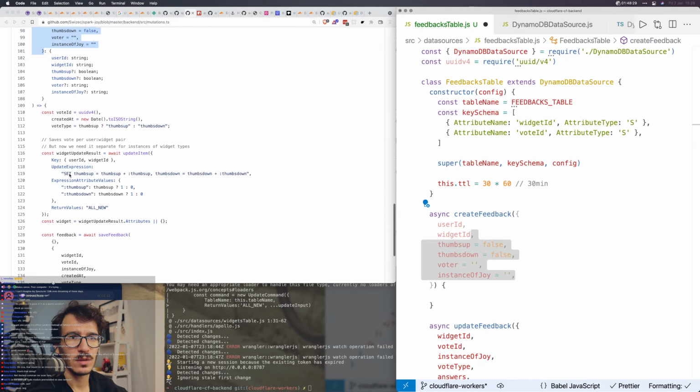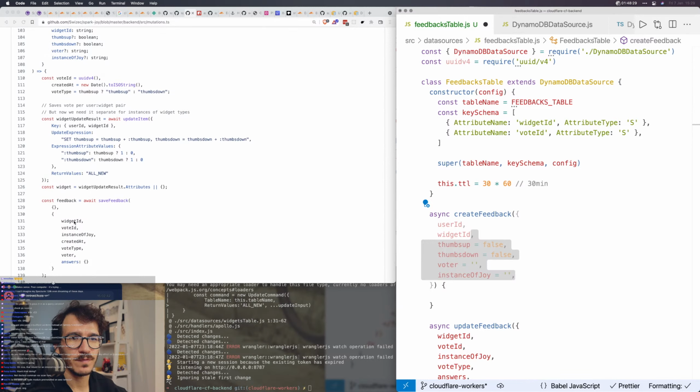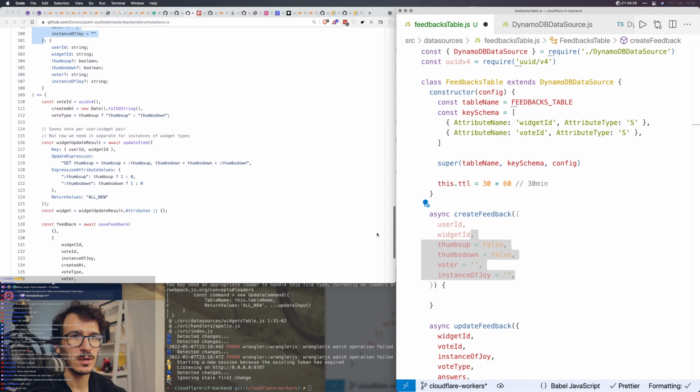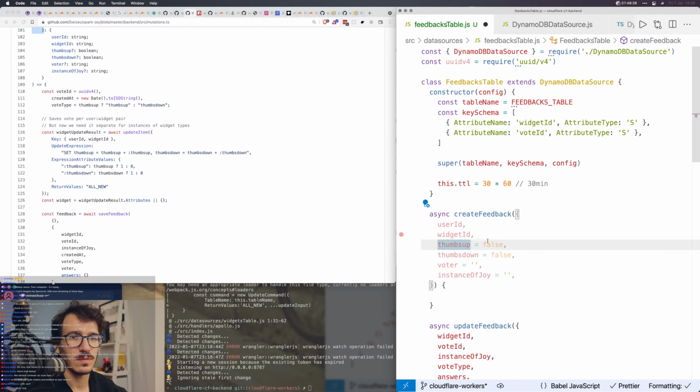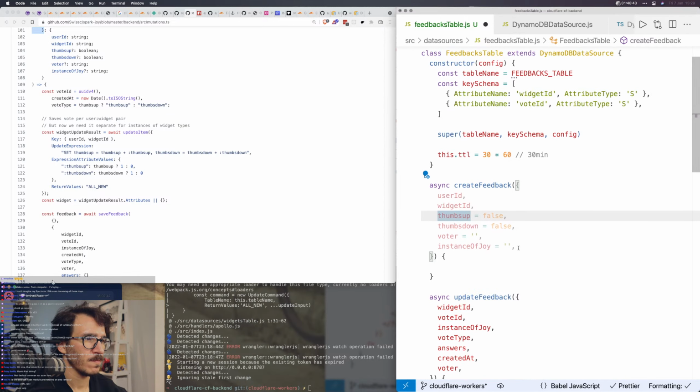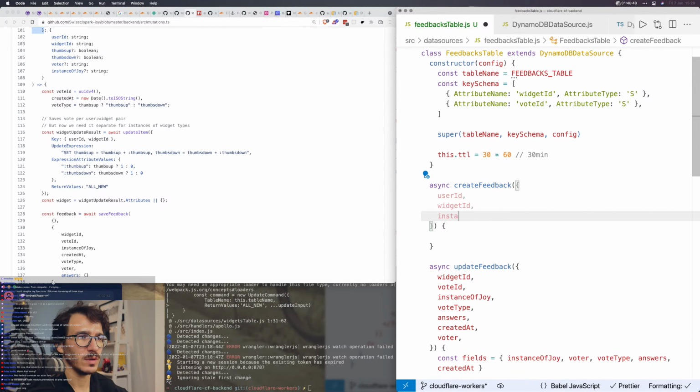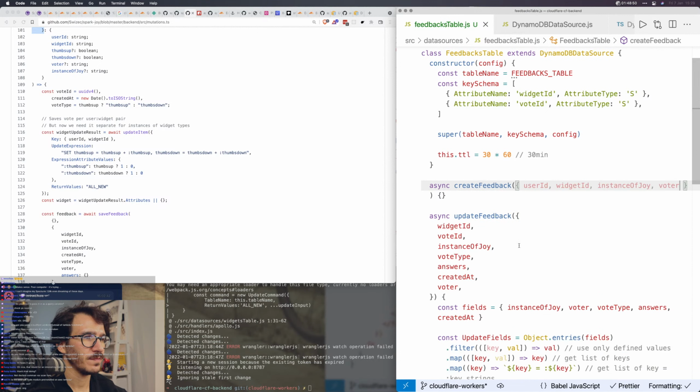Right? Let's see, what does, so widget ID, vote ID, instance of joy, created that. Aha, so it's gonna need this stuff. So instance of joy, the voter,